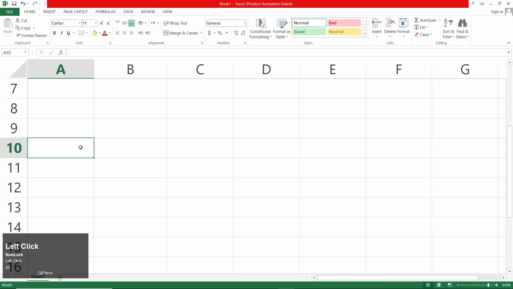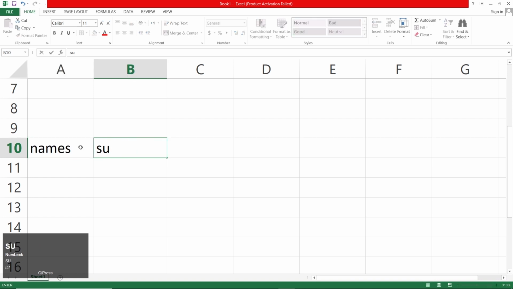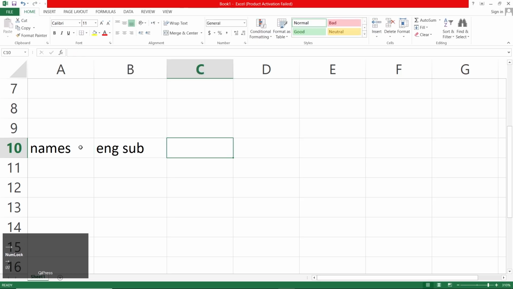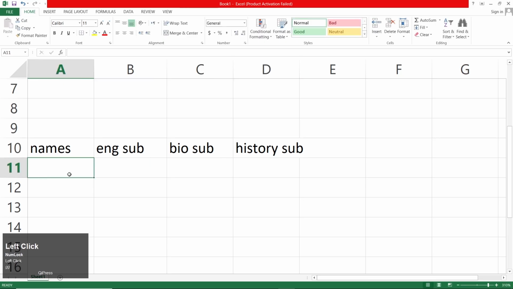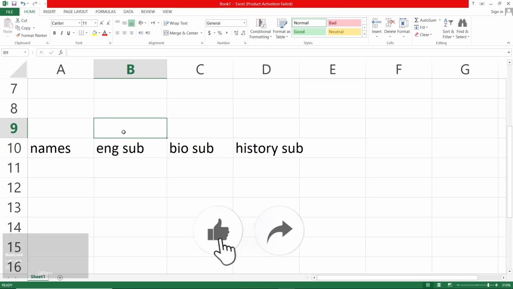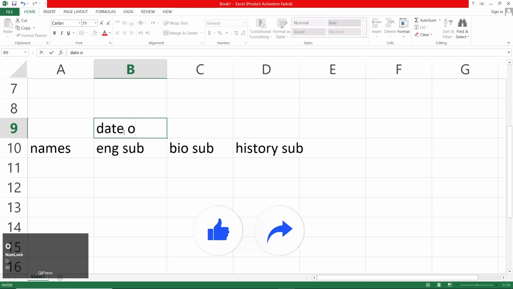And this time, what I have to do is make a small table with names, English subject, bio subject, history subject, and I want to title the table. What should be the name of this table? Like I can say data of